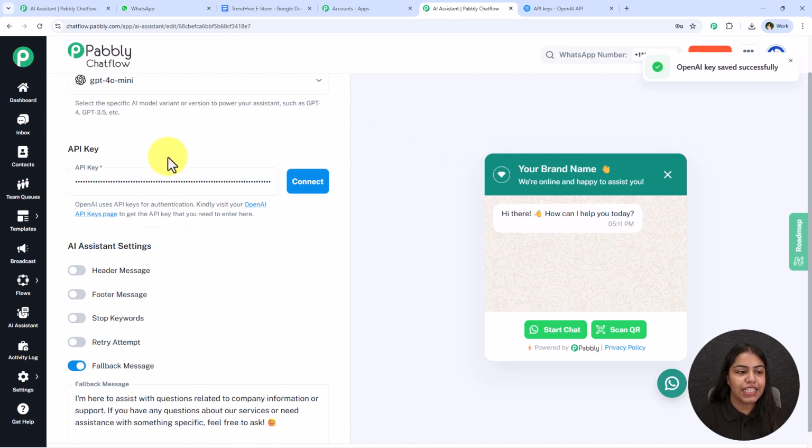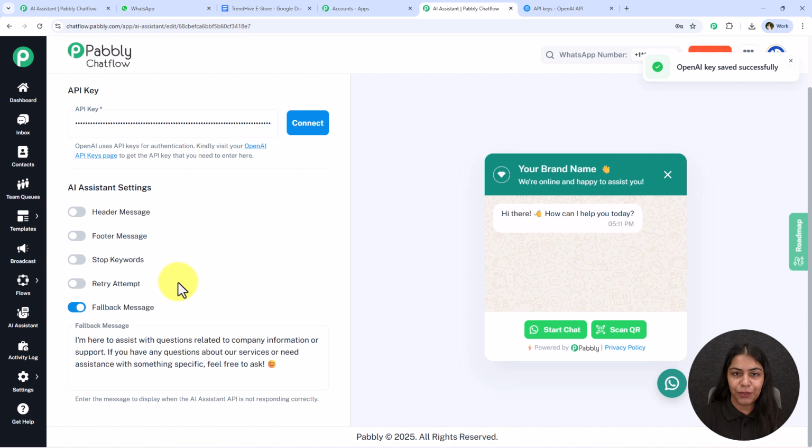And with this we have successfully added the API key. Now we can move on further. The next which we have is this AI assistant settings. So we have multiple settings: the header message, the footer message, the stop keywords, the retry attempts and then the